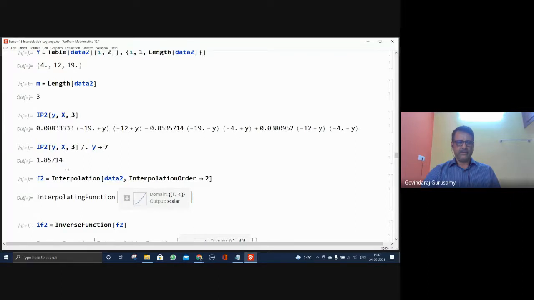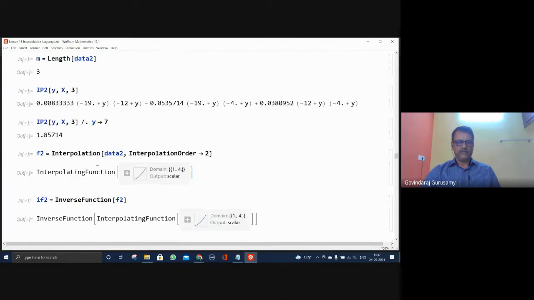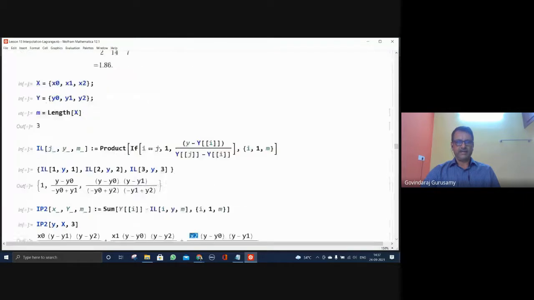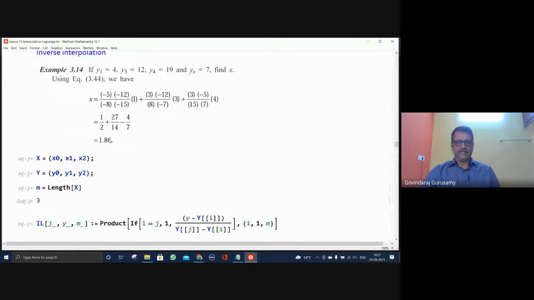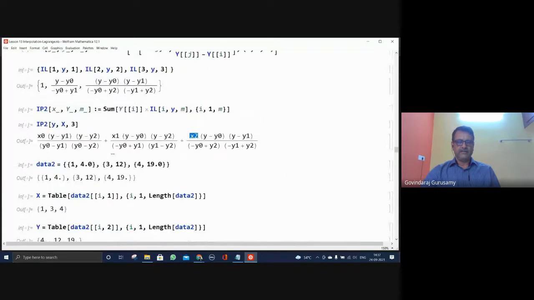1.85714. That is what your inverse is, which is equal to 1.86 if we approximate it. That is the number which he has given. Okay, it's approximated. The exact value is 2. So this expression we have also found, no? The exact value is going to be equal to 2.